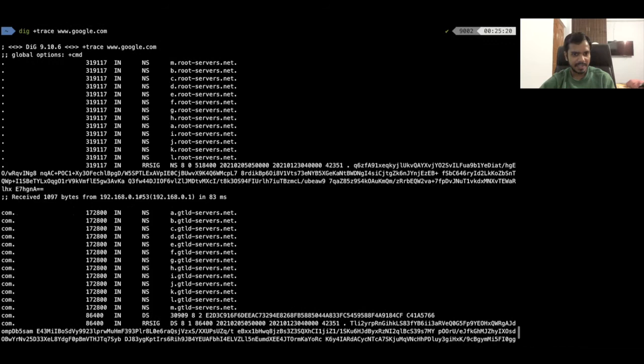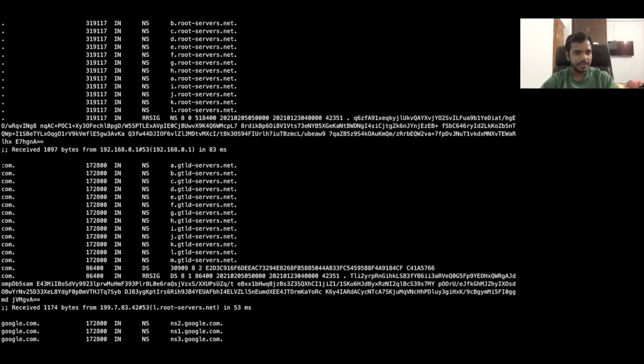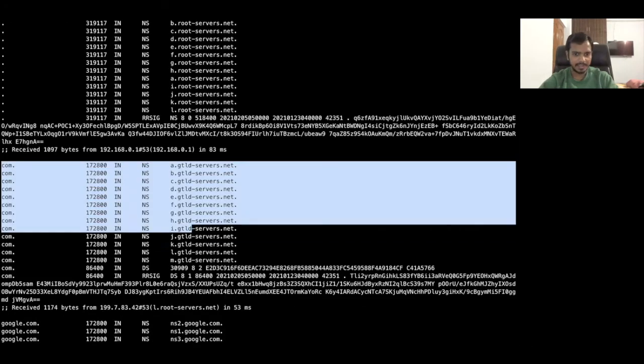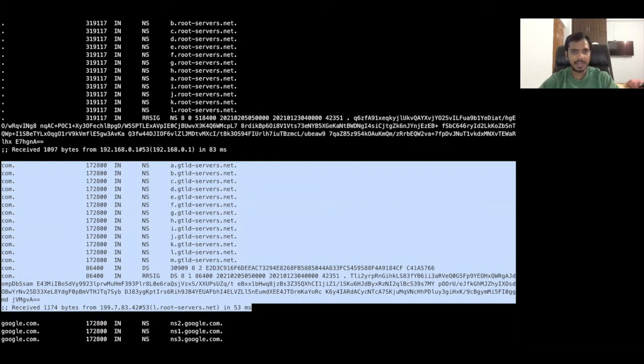Now let's go to the second step. Now you see what happened in the second step. This is the second step, all of this here. What it did is, the dig command will select one of these root DNS servers, and that's actually how DNS works, as I explained. So it will select one of these DNS servers, and if you see which one it has selected, you can see here